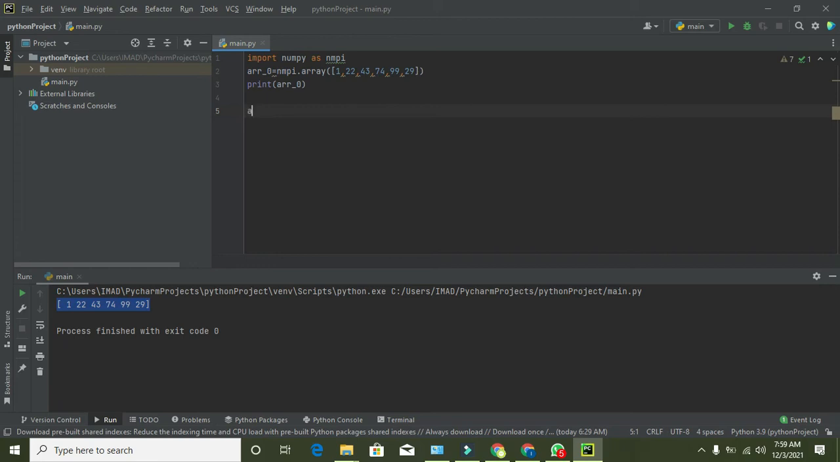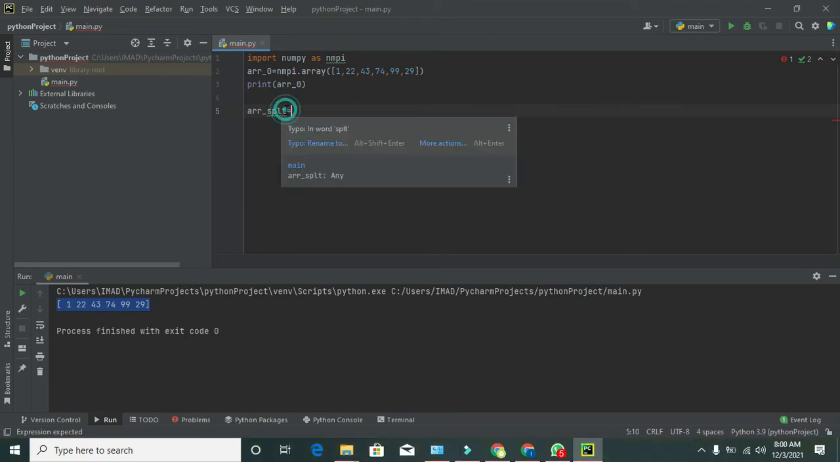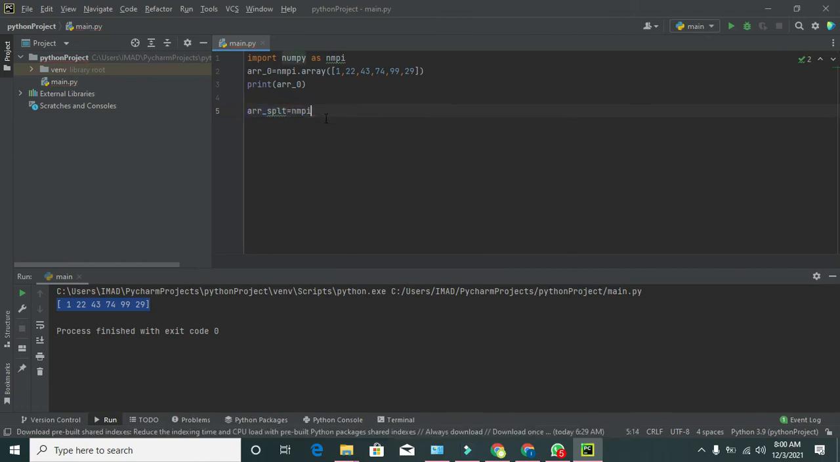Now again we will make one variable called split. It is just a variable, we can write anything of our own choice here. It is just to store all the things which are produced on the right hand side. We will take all these things and put them into this variable and nothing more. So we will write numpy dot